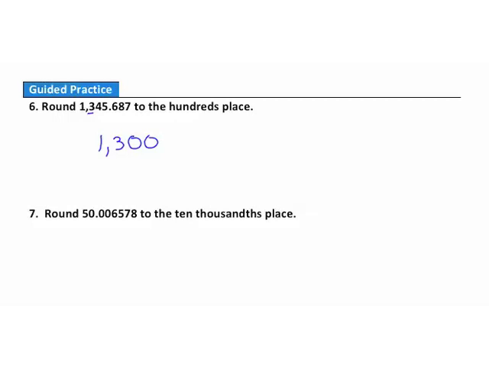Question 7. Round 50.006578 to the 10 thousandths place. Well, let's count our way over to the 10 thousandths place. Start in the ones, tenths, hundredths, thousandths, 10 thousandths. So the 5 is in the 10 thousandths place. When we look to the right of the 5, it's a 7. That tells us that digit 5 needs to increase by 1. So I'm going to get